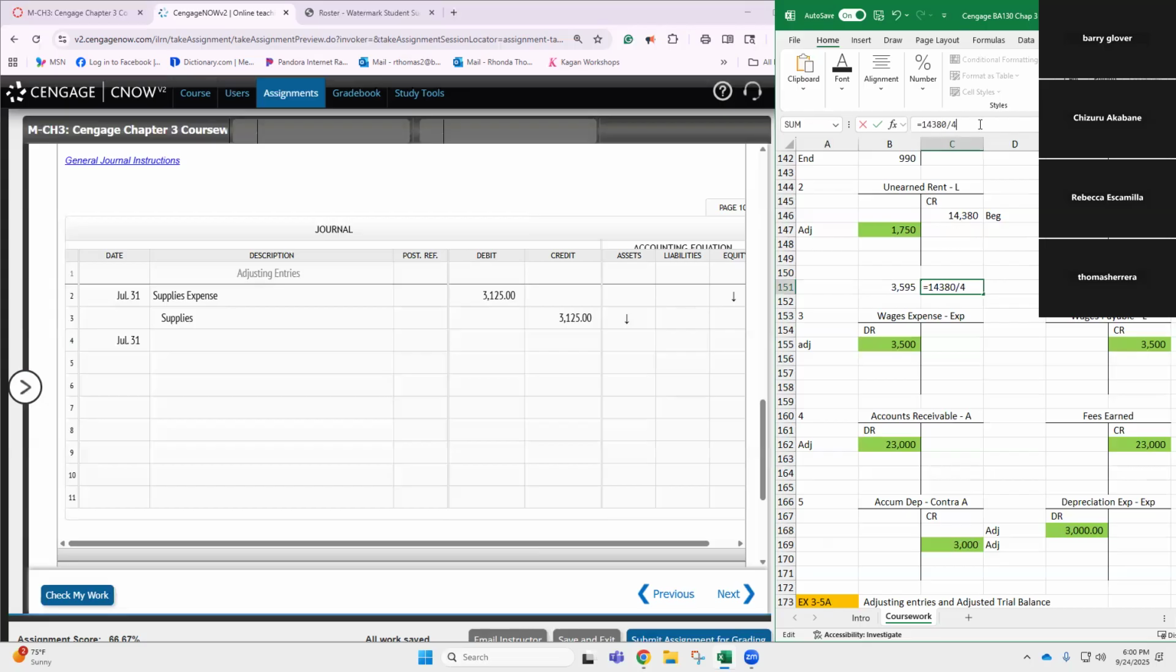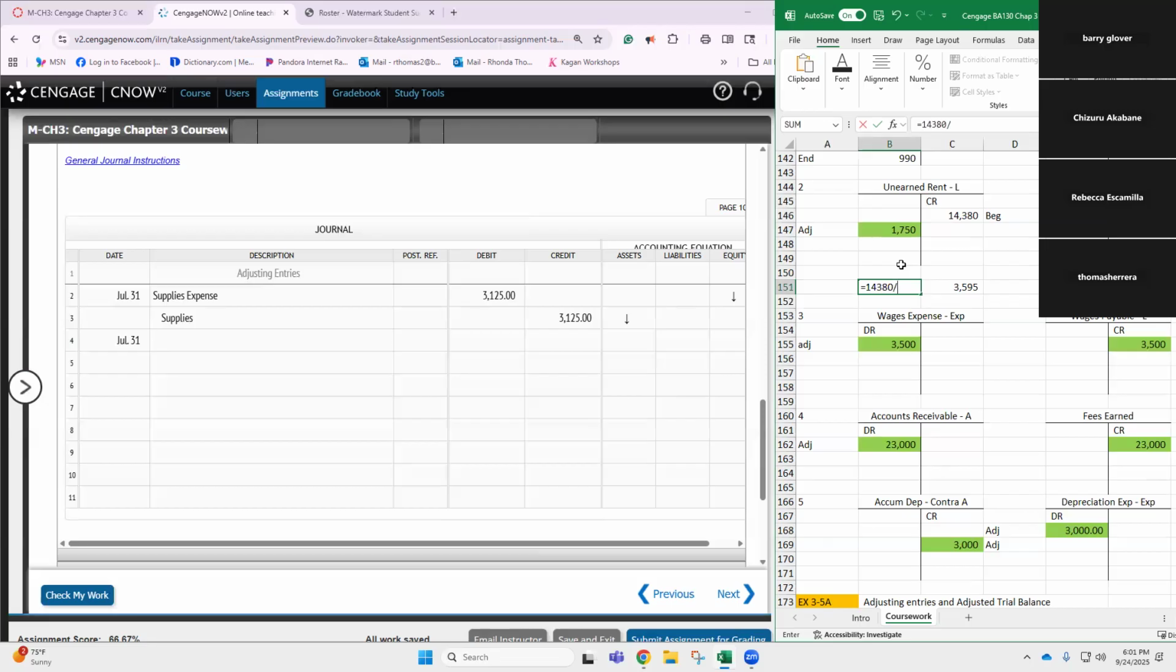14,380 divided by 4 months. That means that each month is going to be $3,595. This is going to be the new adjustment. We need to show that we have earned this rent revenue. It's 1 month worth. So let me go back and fix this, okay? I want this to show the solution. So it's